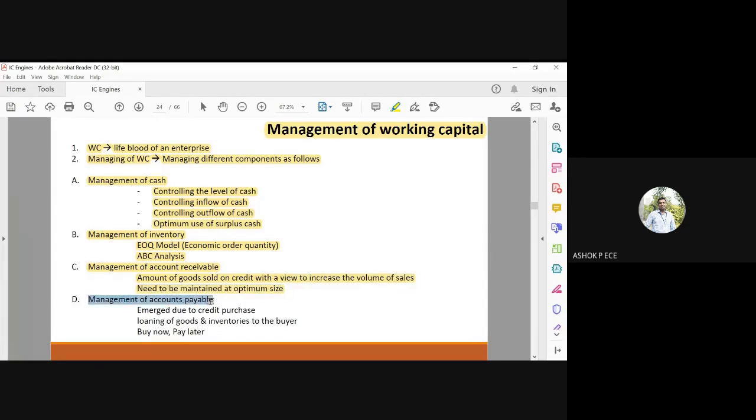Management of accounts payable. This emerges due to credit purchase or loaning of goods and inventories: buy now and pay later. So you can buy the goods now and you can pay later. So these are the different methods of managing your working capital. It is a very important thing in companies, because you have to ensure that if it is not properly done, things are going to be very difficult for